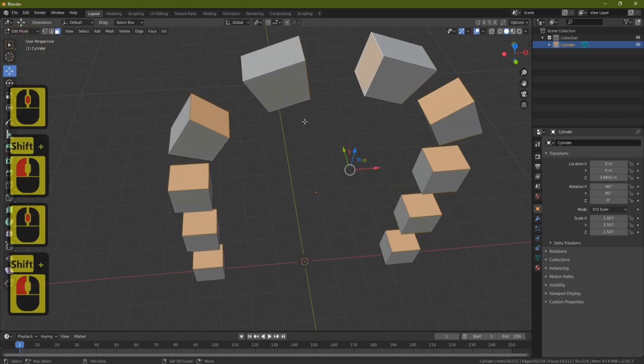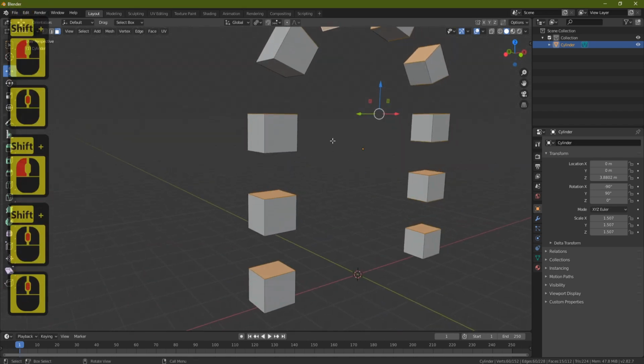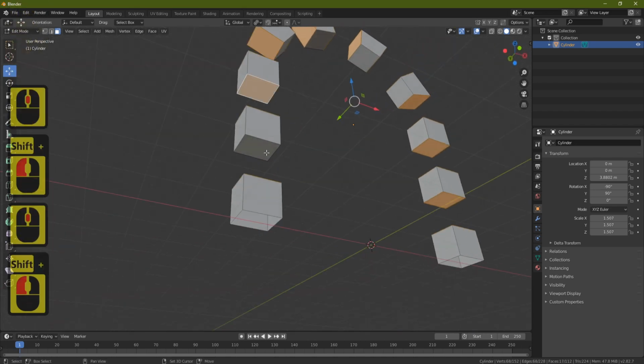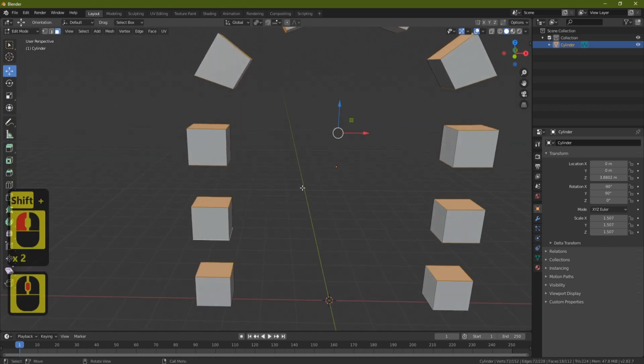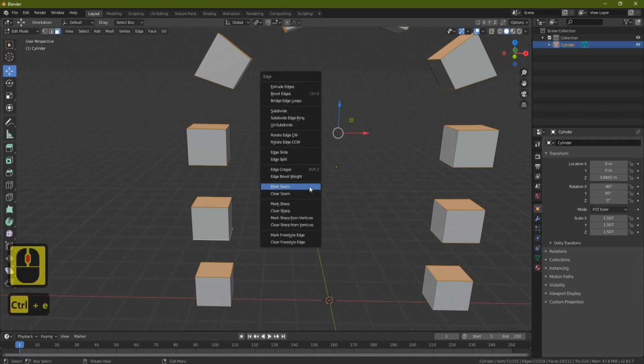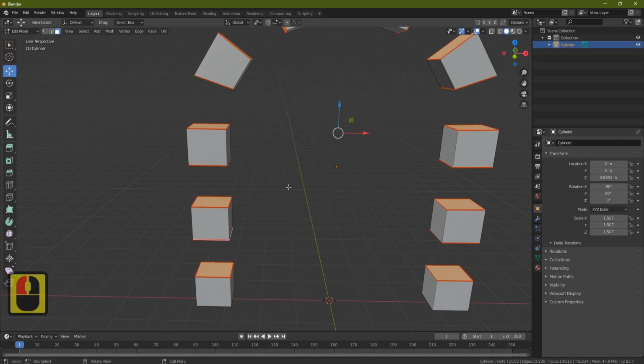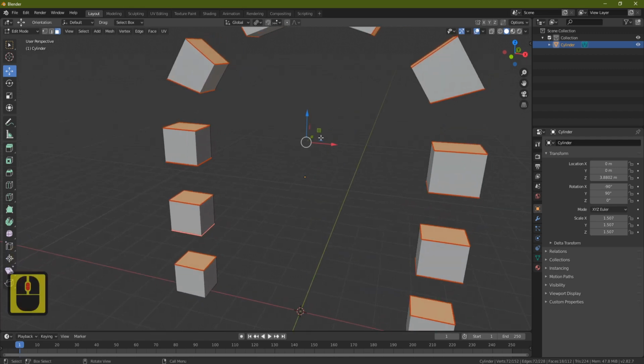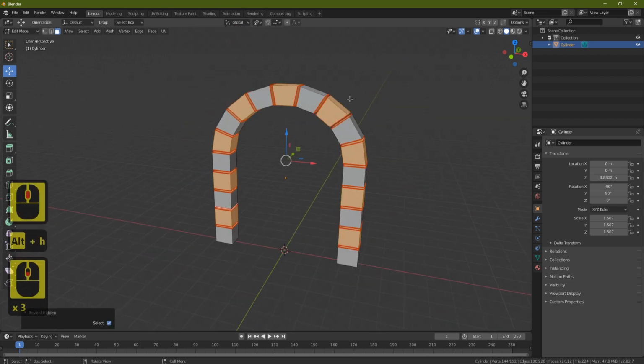And I've found this is just a really quick way of marking seams, and perhaps it's better to do it this way because then as we're building everything we'll have its seams marked, and it's not so much of a bind when you come to the end and you've got to mark all the seams across all your model. So now let's press Ctrl E, and again we'll click mark seams. And now we've got all those done, what we're going to press is Alt H just to bring everything back,